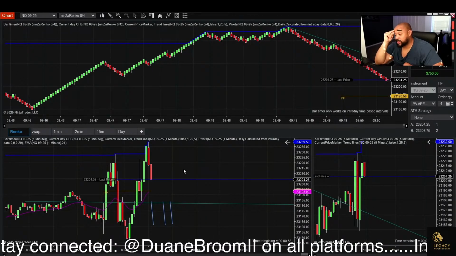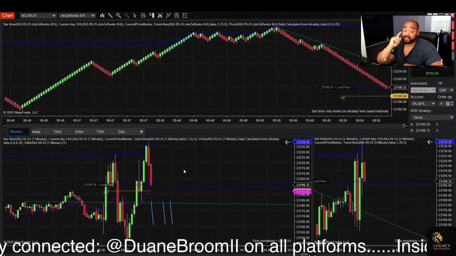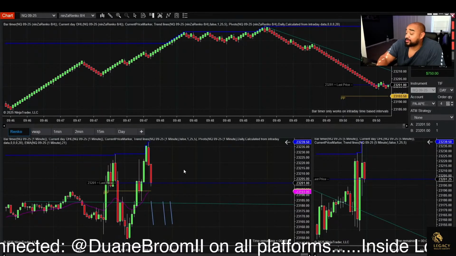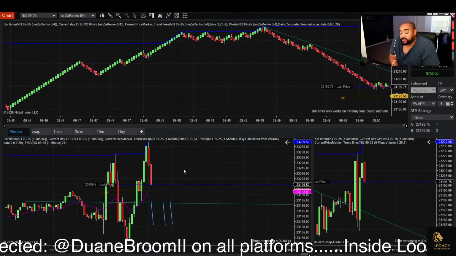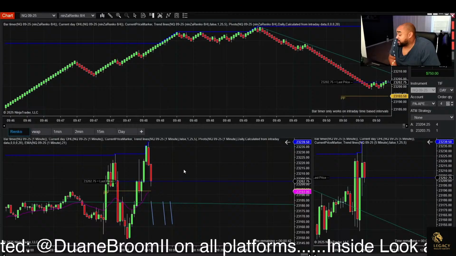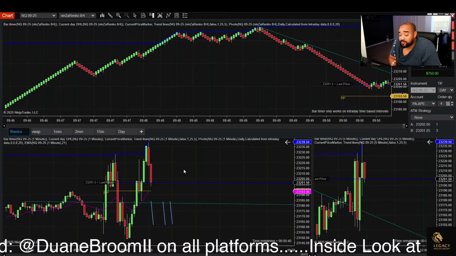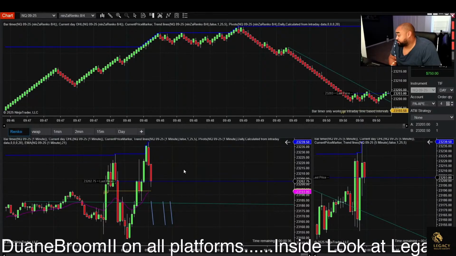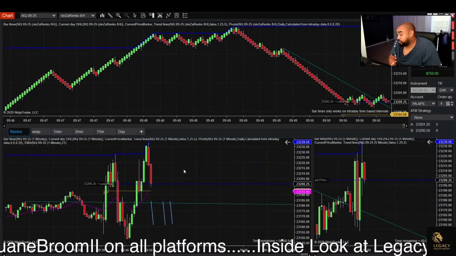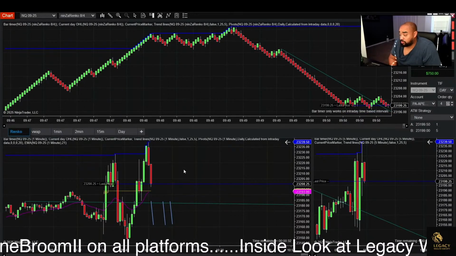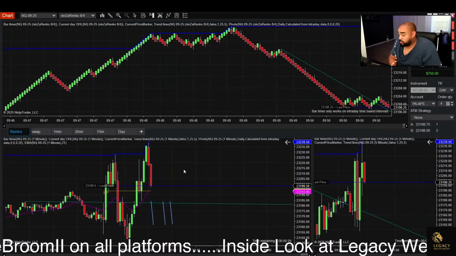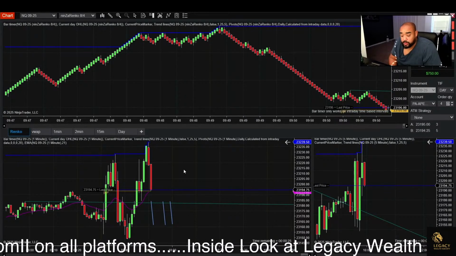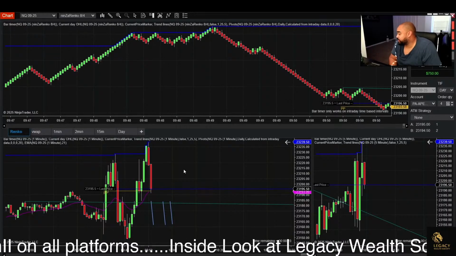Going to probably touch that pivot point once again. That magnet's pulling it back down. We've had these wicks on these candles, so patiently waiting until 10 o'clock for me so I can trade my other accounts. All right, there's that pivot point once again.